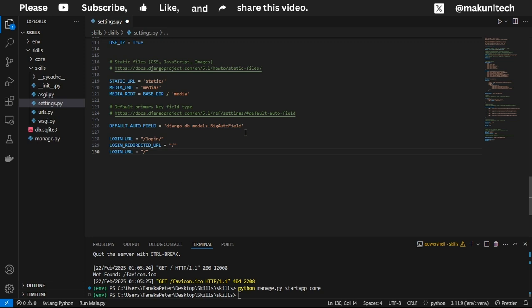What the index page is going to do is, if you're logged in, you get to see the skills that are advertised on the web app, and if you're not, you're still going to see the skills advertised on the web app, but you're not going to be able to see, let's say, your dashboard. Let's say you added some skills on the web app, you're not going to be able to see them. So this needs to be,